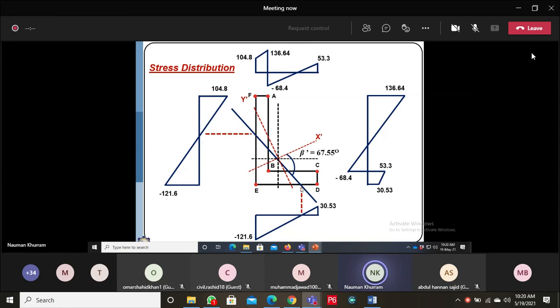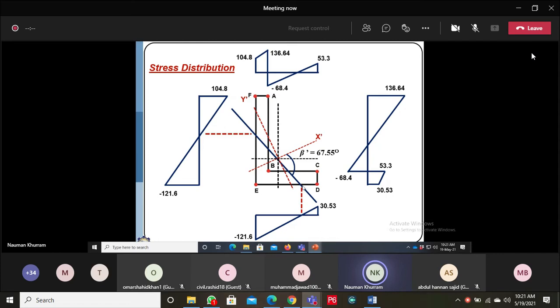So you can mark this point by sketching a reference or construction line in vertical direction. So this point on this surface will be this one, where the stress will be 0. So we are having one point on surface FE where the stresses are 0, and one point where the stress is 0 on surface ED. So if you are joining these 2 points, then you are having the neutral axis.